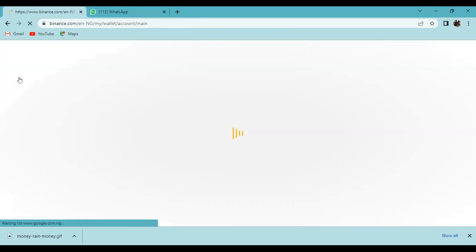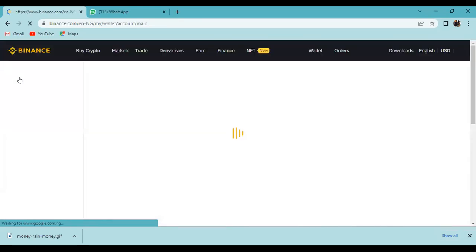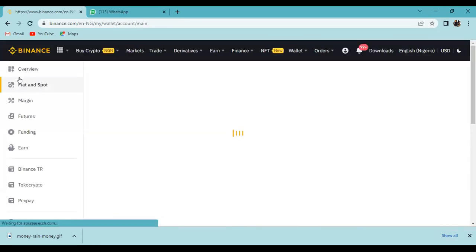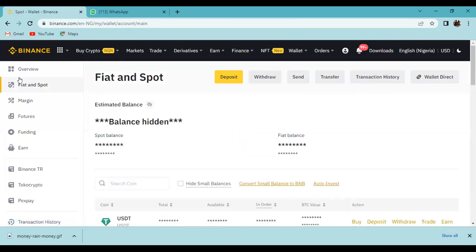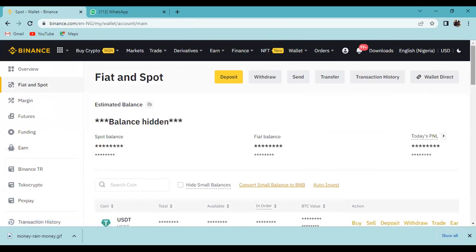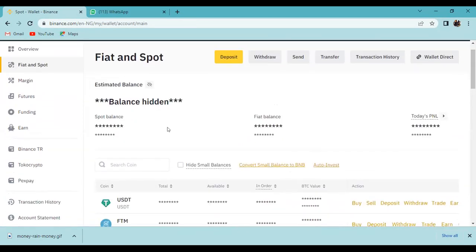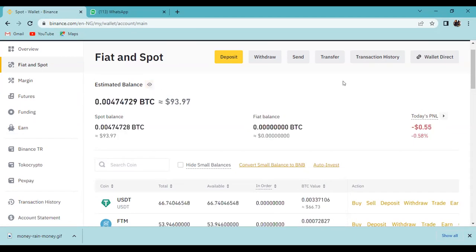I'll go back. So this is my spot. The reason this is showing stars is just that the balance is hidden. If you want the balance to show, you just click on it and the balance is showing.